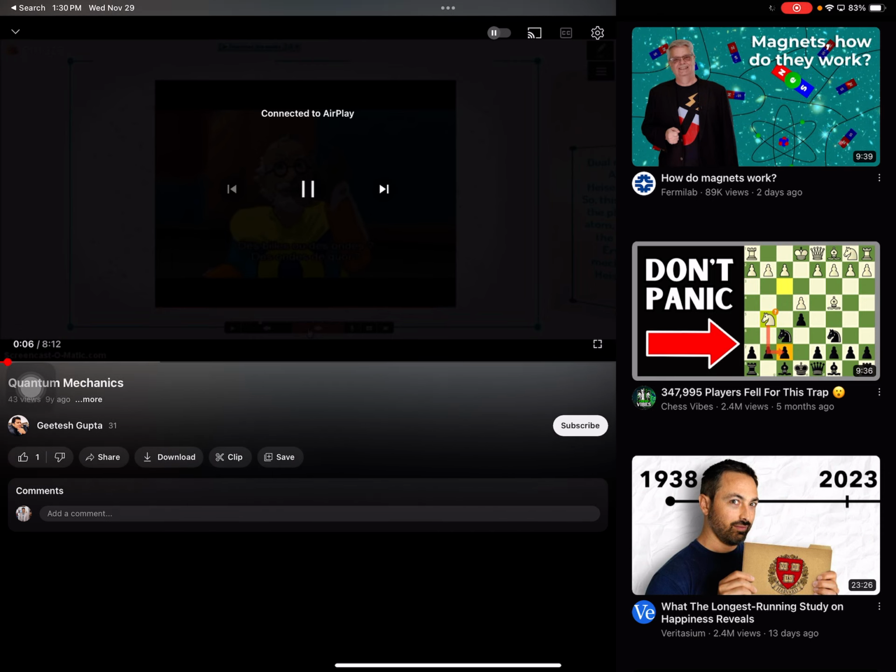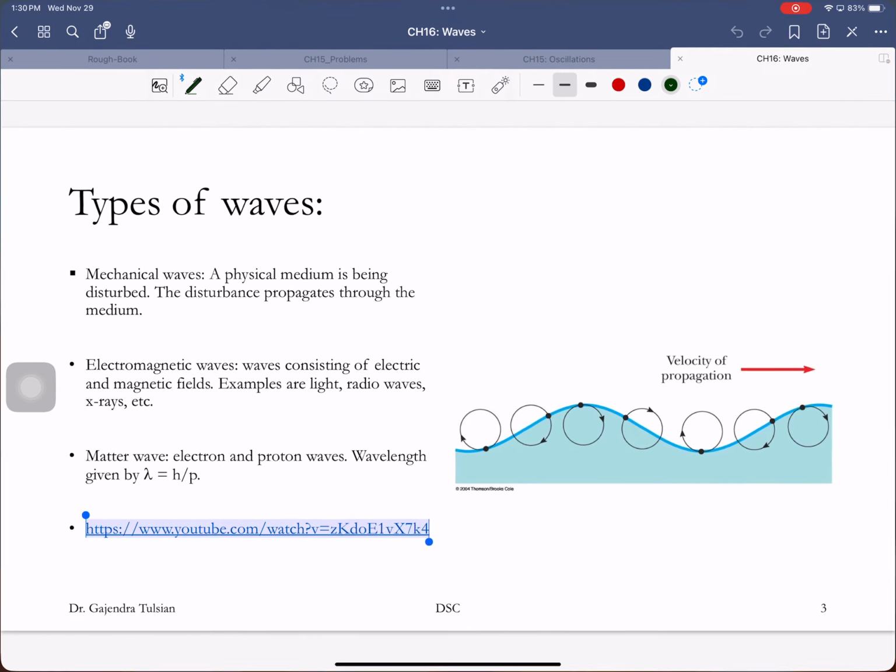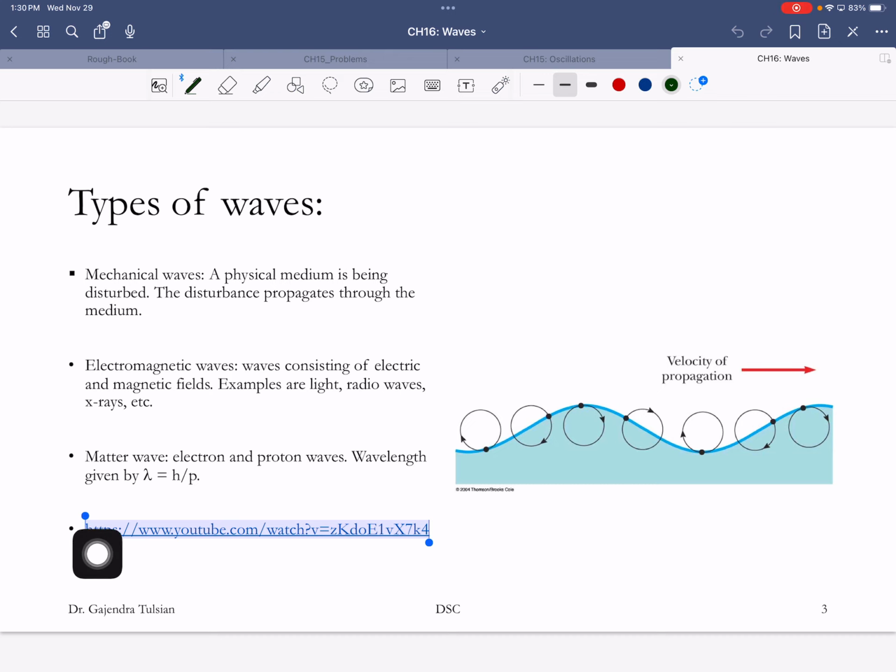Okay, what is this connected to AirPlay? All right, you guys go see that video. I don't know, when I do screen recording, it doesn't seem to show the video. Okay. All right, so